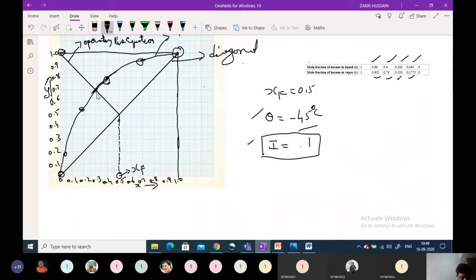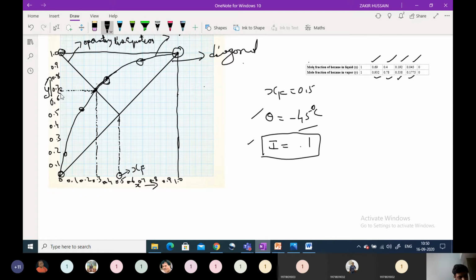So if you see this one, we need to project here this value at which the operating line touches the equilibrium curve, which is projected towards this x-axis. So this one, and if you say this one, you will encounter something like this. Okay, drawing the curve is also important. Connecting these points is also important.